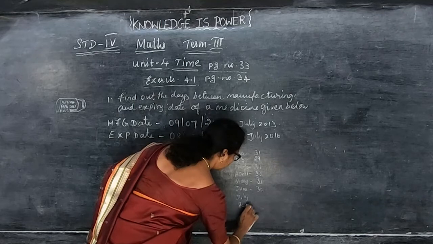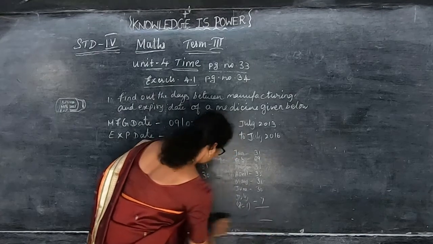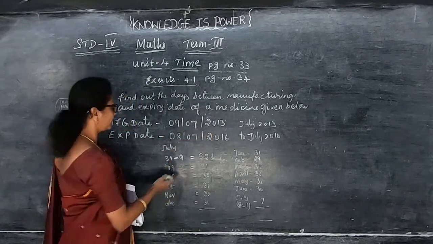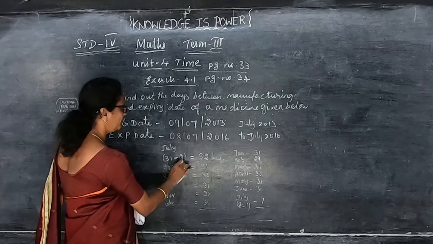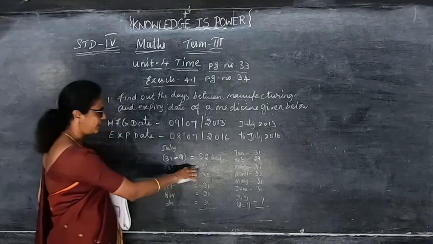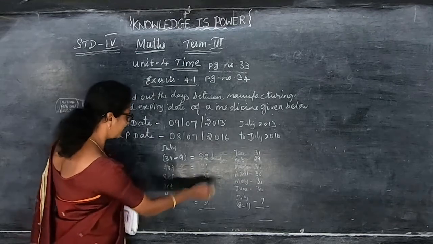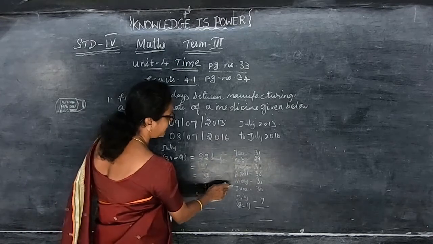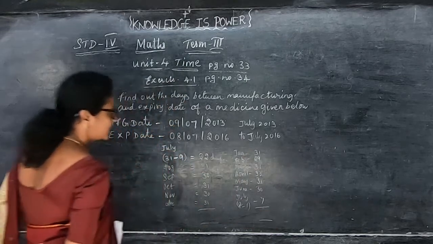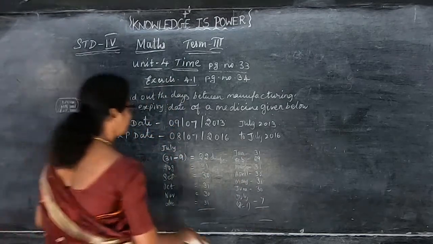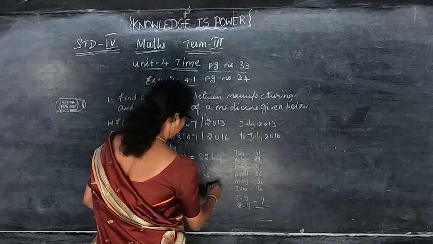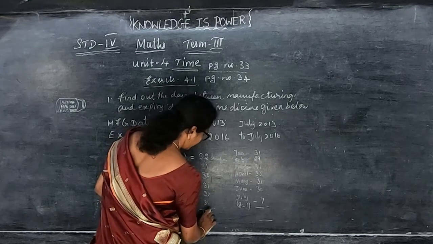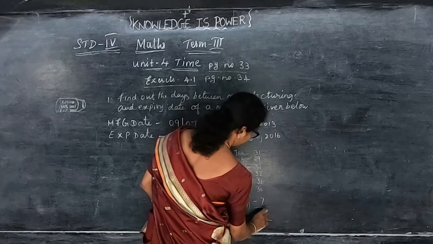What did I say? For 8, if you put minus 1, we have to put 7 days. So we have to add all this. Understand? July has 31 days. So from 31, since it is 9, subtract 9 and put the remaining days. August is 31 days, September 30, October 31, November 30, December 31, then January, February, March, April, May, June till July 2016. How many days have been asked.